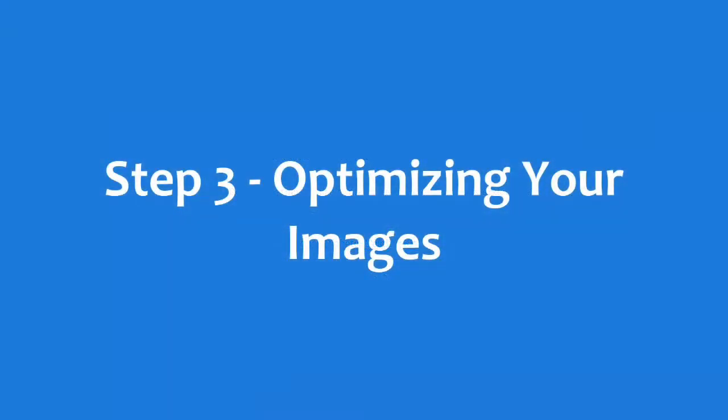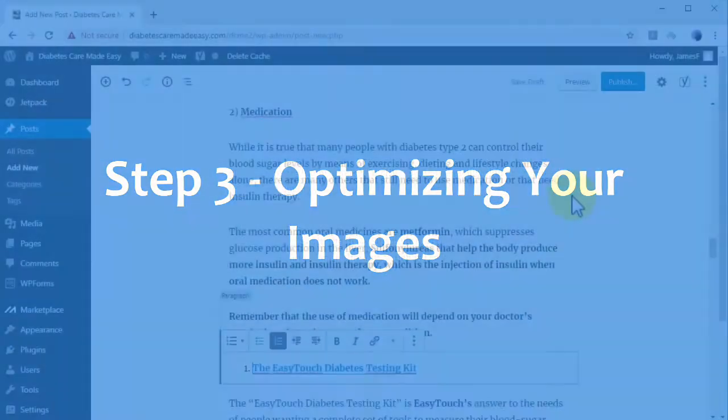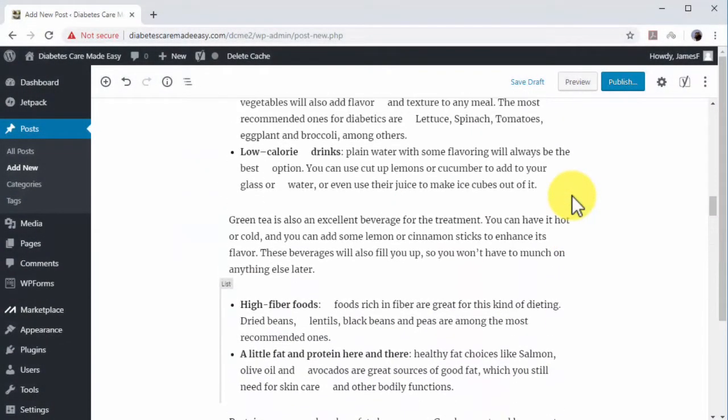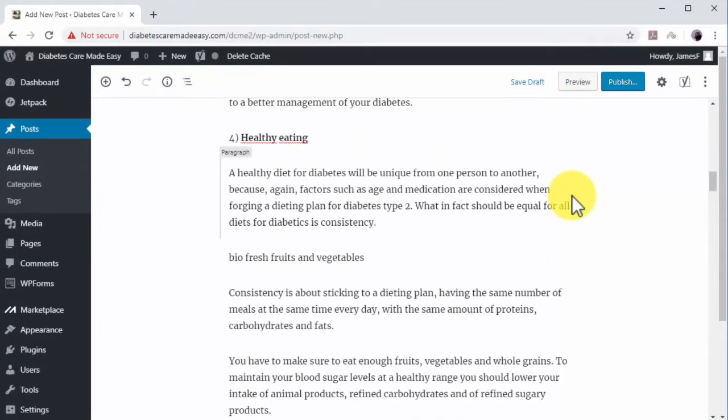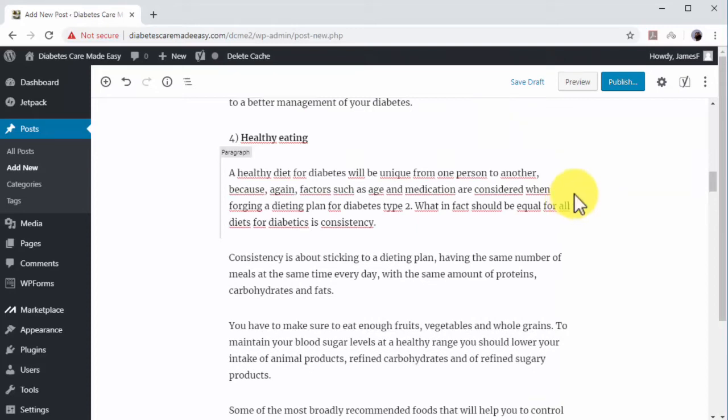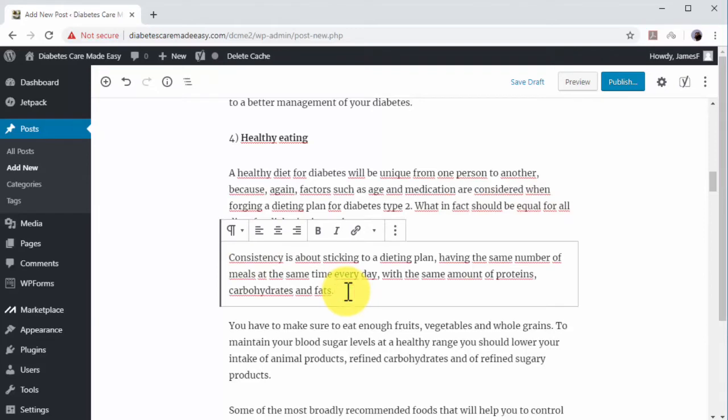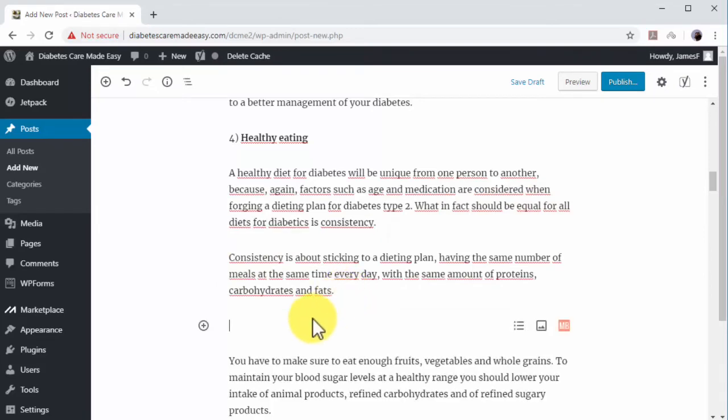Step number 3. Optimizing your images. You can add images to your blog post to achieve 2 goals: to make the content more visually appealing and to optimize the images for search. Besides, adding images in the middle of your content decreases the load of reading, which improves the user experience on your site. The optimal way to add images to your content is to add a single image in the middle